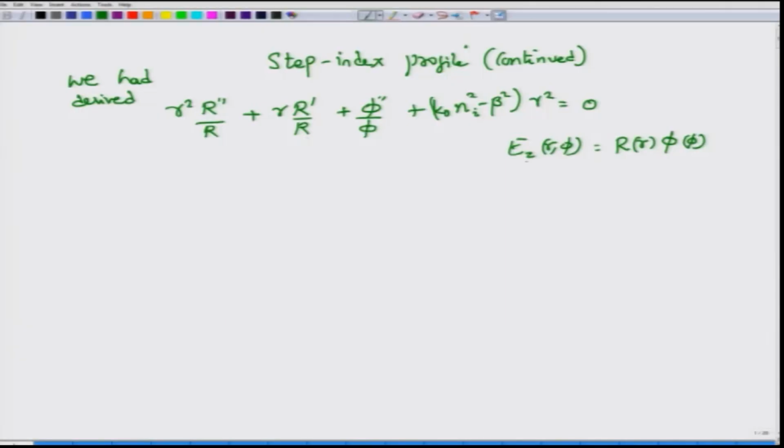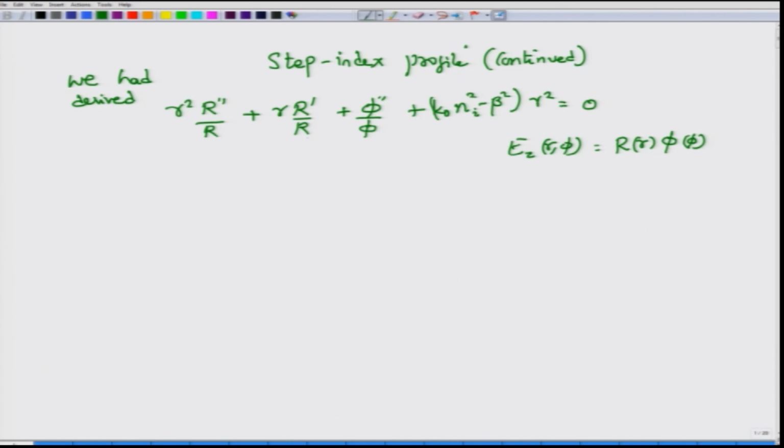And following our systematic procedure of deriving the modes of the waveguide or the fiber, we had stopped at a certain point where we had derived the wave equation for the Z component of the electric field. Of course, you could derive a similar equation for the magnetic field as well, and that resulting partial differential equation, because it would couple the r and phi terms in the circular cylindrical coordinate system that we have chosen, the solution was not so straightforward.